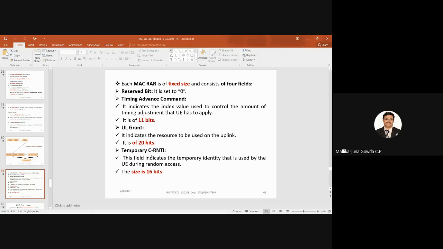Then the next one is the temporary C-RNTI, okay, which comes under the MAC RAR. This field indicates the temporary identity that is used by the user equipment during the random access. And the size of that temporary C-RNTI is 16 bits.